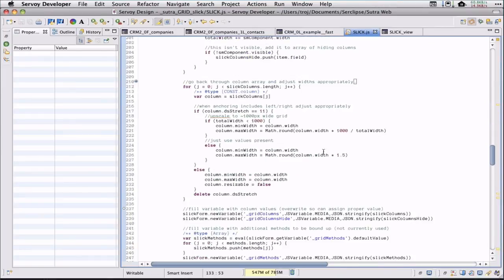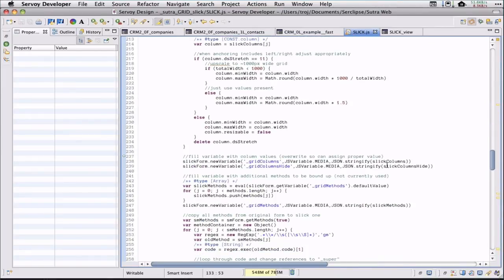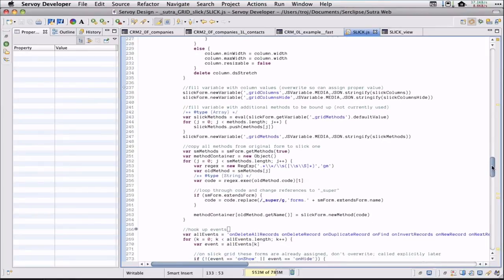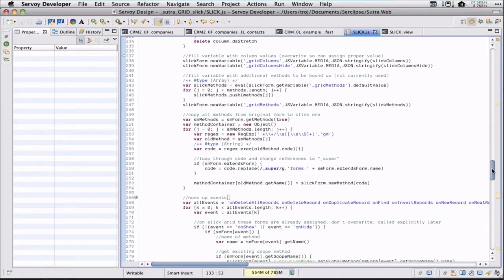Some setting of the column widths. What else is interesting in here? I think all the geeks out there are going crazy about right now. This is good stuff. Yeah, please tell us, what's the regex thing? I see some regex. Just cleaning up some junk. Yeah, the basic idea is to copy everything from the form that you flagged onto this new form,